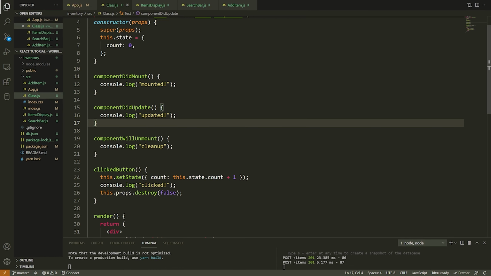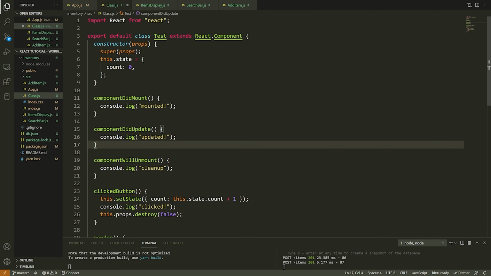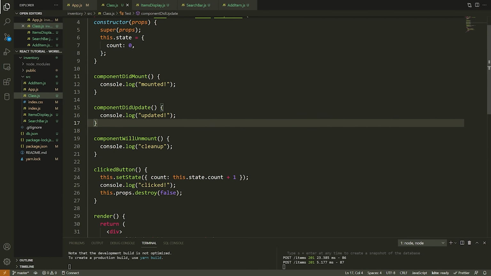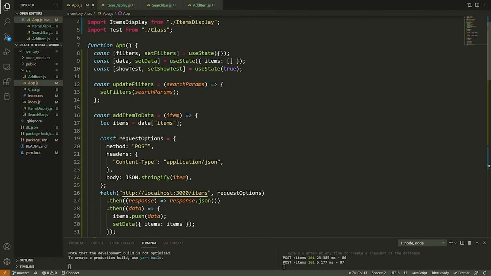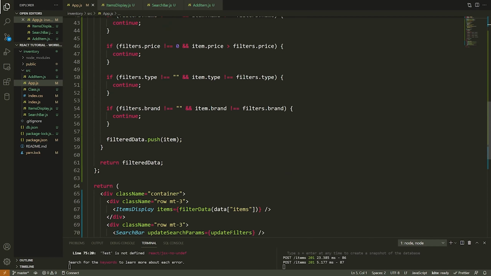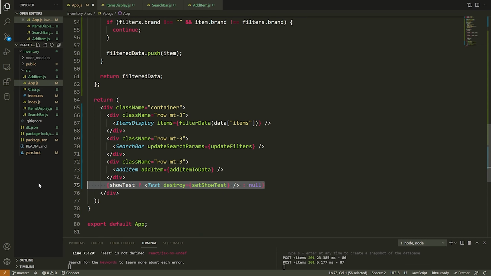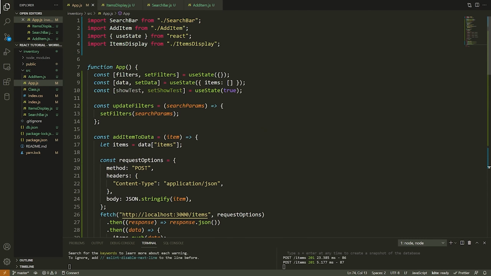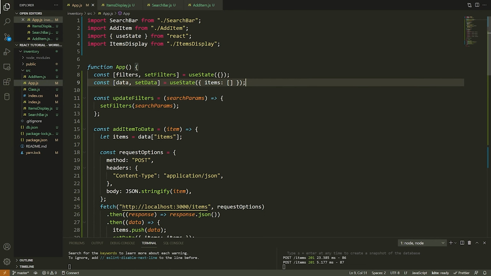We're not going to use these going forward, but I just wanted to show you how they work with class-based components. And now I'm going to show you what's known as useEffect, which is a hook that we use inside of our functional components. Okay, so let me remove this test file. Actually, I'll leave the test file in. I'm just going to stop showing it now because I might want to reference stuff that's in there later. Okay, so let's just clean up all this code that we wrote for testing purposes.